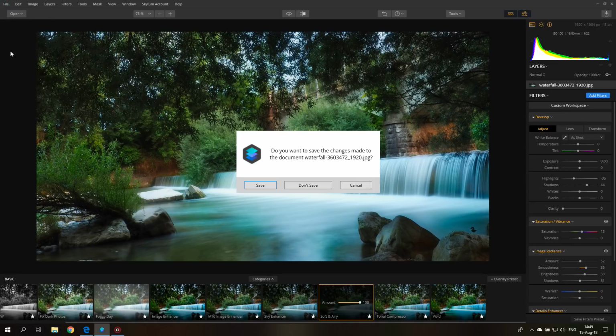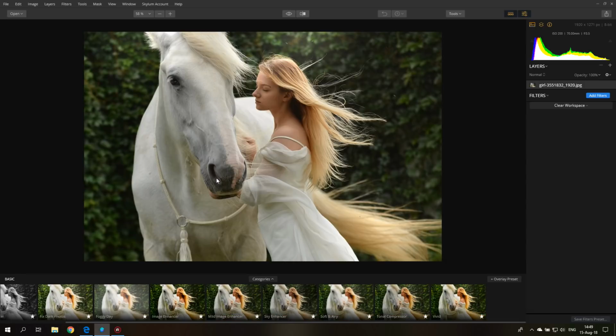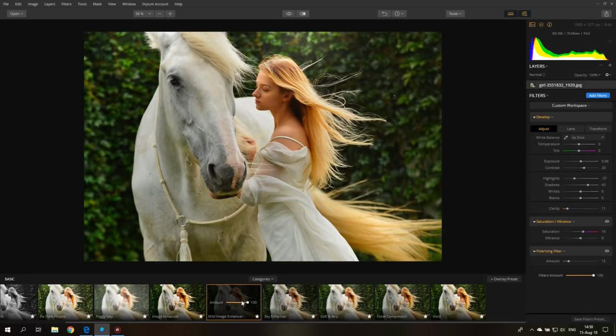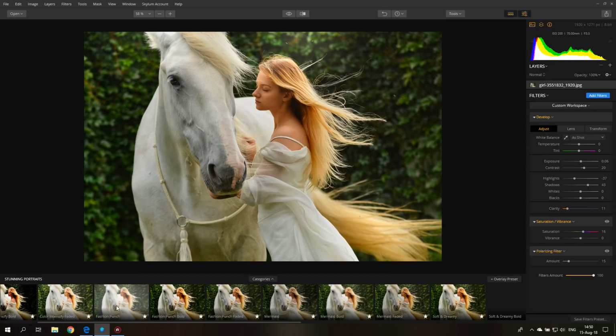but on the other hand, like I said, if you have other pictures, for example, let's open, we have this nice portrait here with a woman and her horse. And you can see here when we click on the presets, we get some very nice versions with just one click. And down here we have different collections, like for example stunning portraits, and you can click on those and see if you like the effect that they have